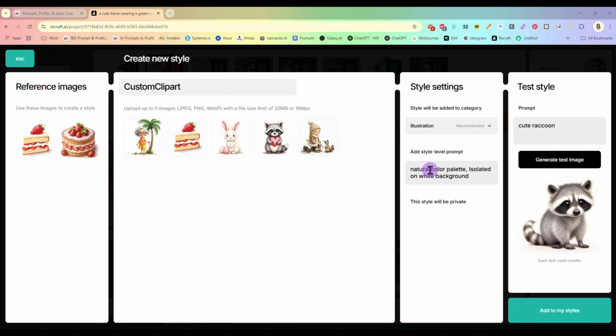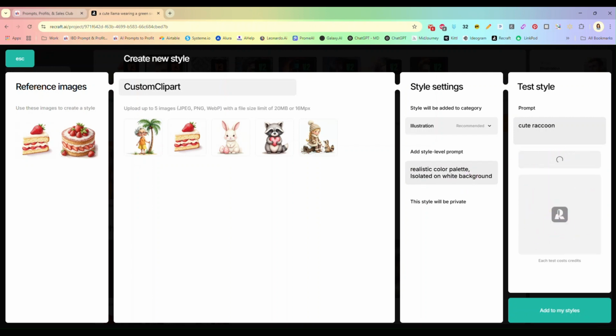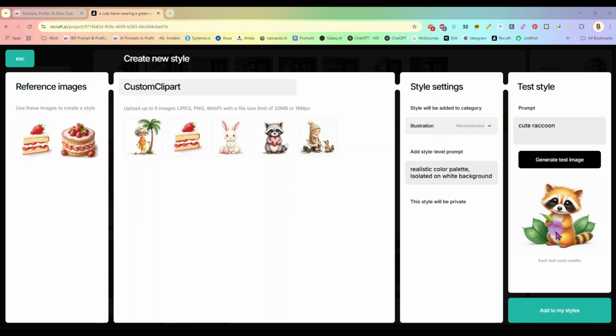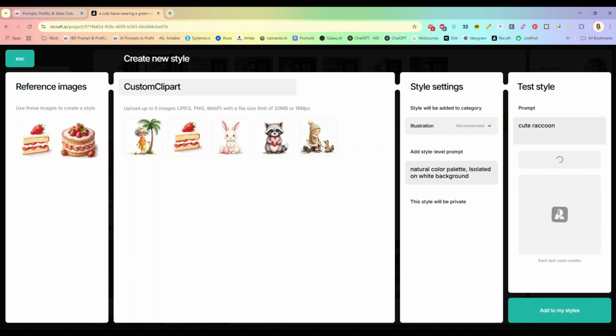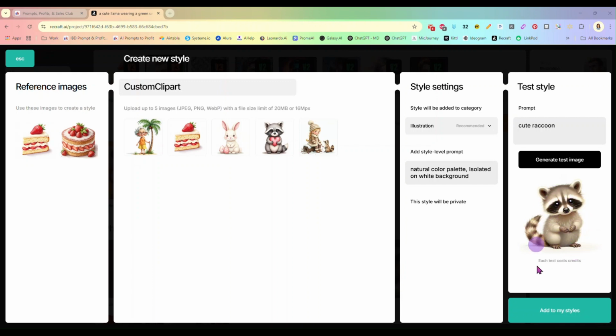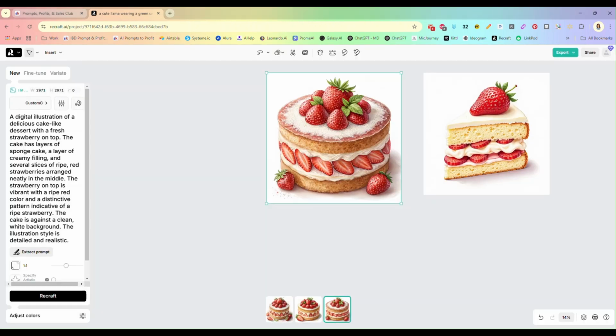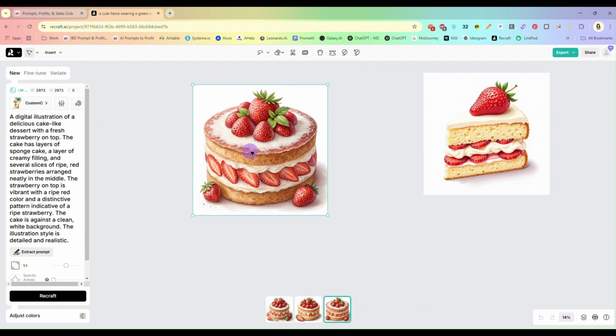Let's do realistic color palette and see if that makes it. All right, there he is again, and I put realistic. So I think I am going to do natural color palette, and we'll test it one more time just to be sure. All right, and there he is, and he looks pretty good. So we're gonna add to my styles, and now let's take